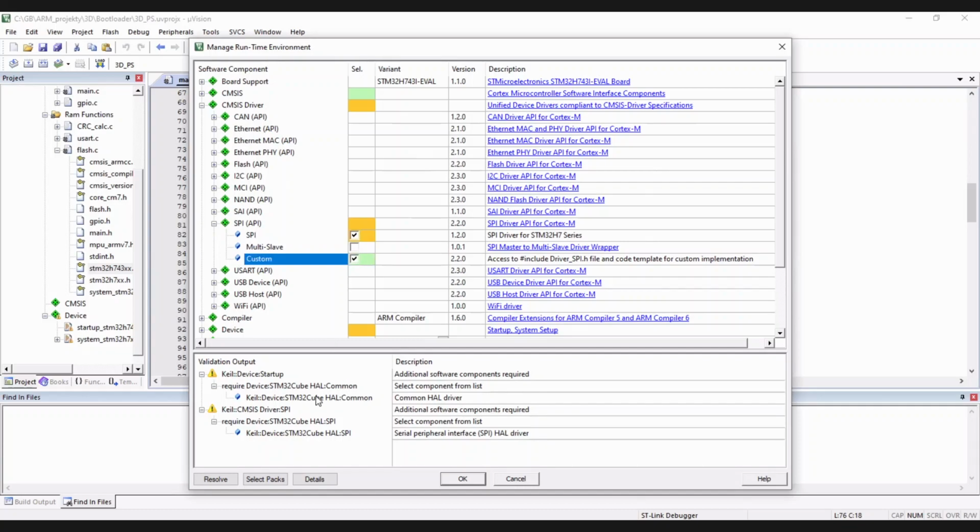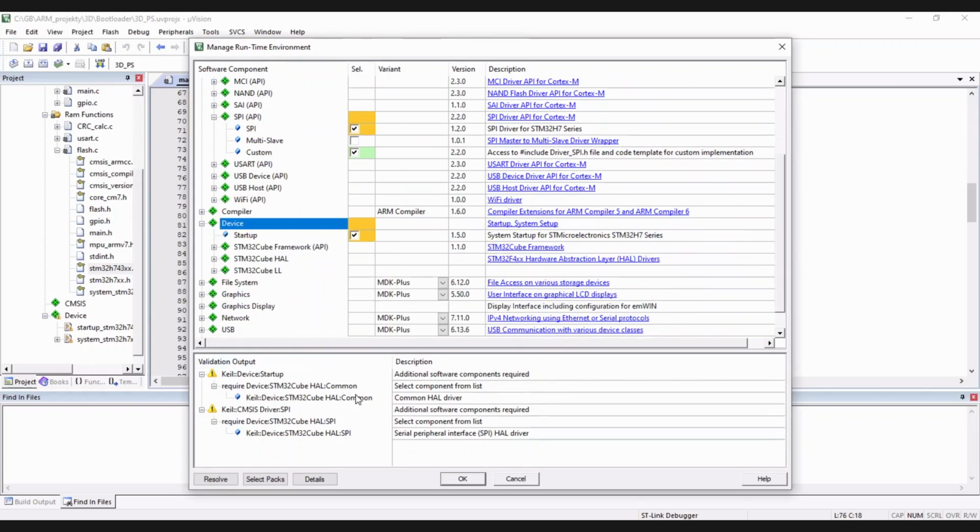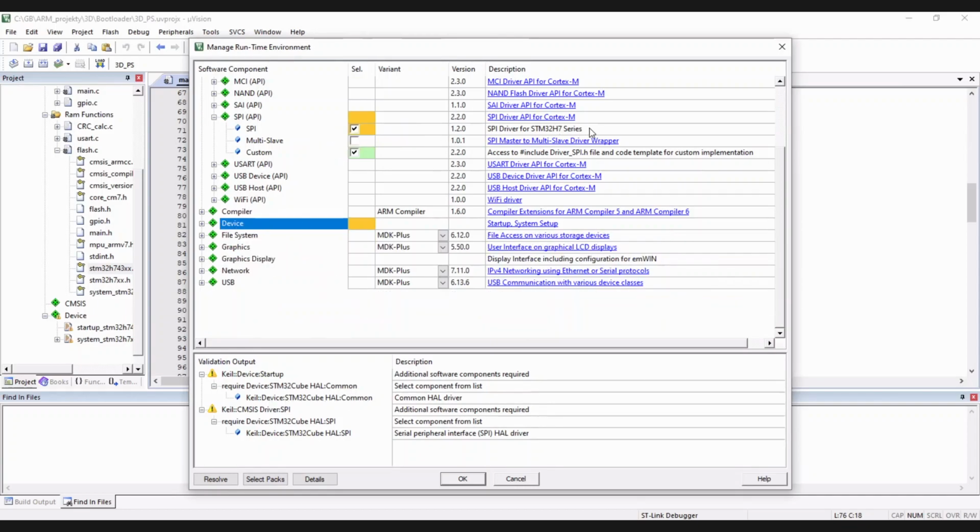It requires some additional... It writes here in case of cube what should be added additionally to our device, Cube HAL common. We should add that here. But what is most important, what I wanted to show you are the methods. To see this, if you click here, you get a